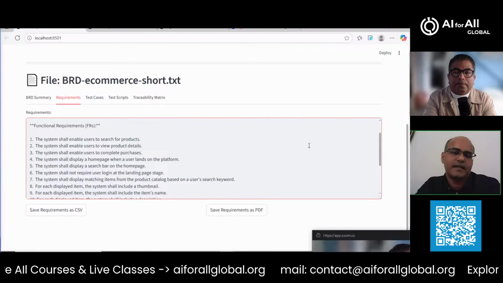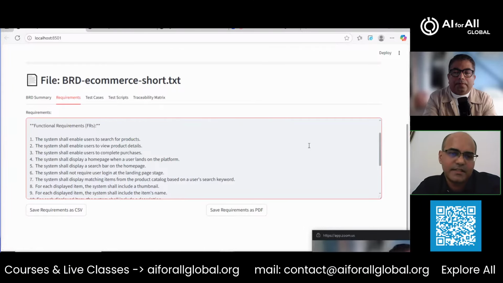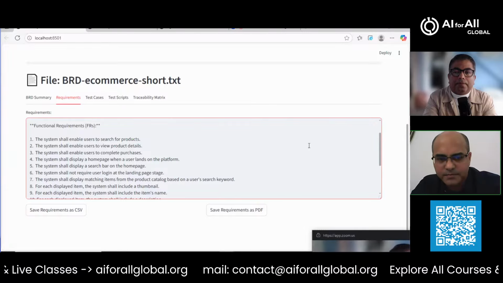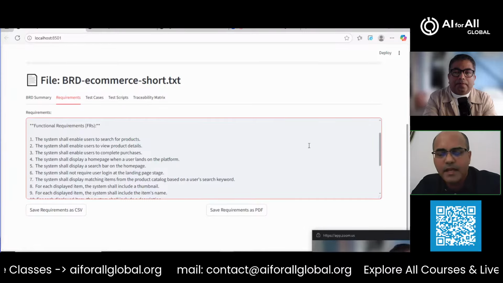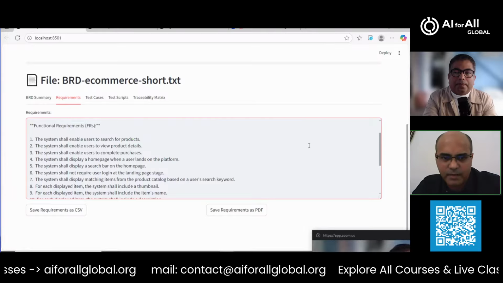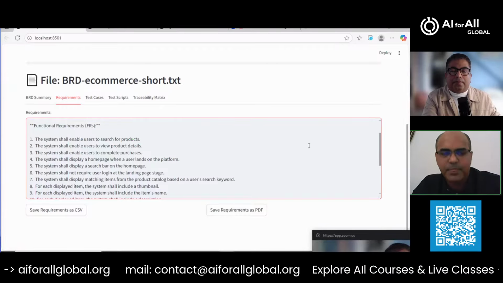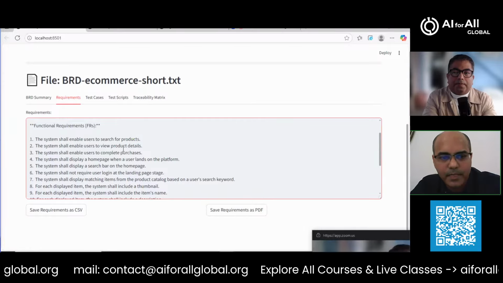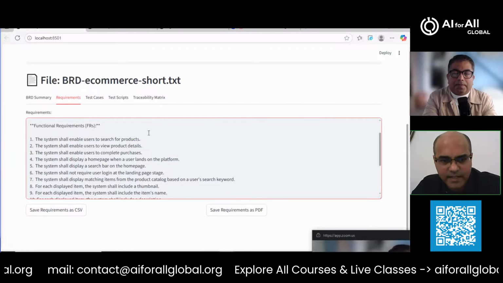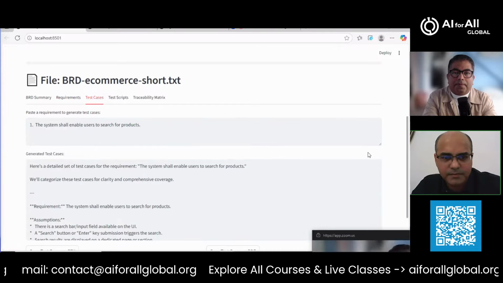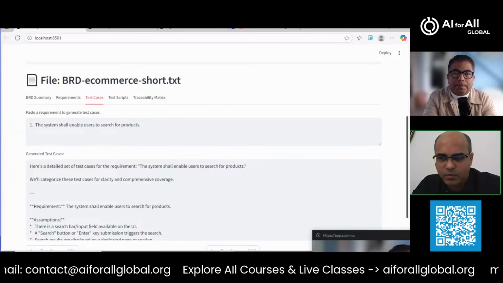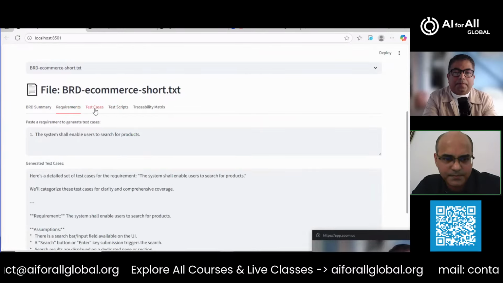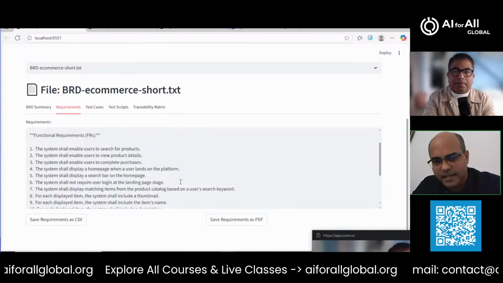Now, one of the other things that our QAs have to do is they have to come up with test cases, which is a very intricate task, right? So from this point onwards, one of the main issues that the QAs have, we have already solved here with the help of generative AI, and now we are also able to generate the test cases. This was from a previous run here, but what we can do is provide one of the requirements, and then this will generate the test cases for us.